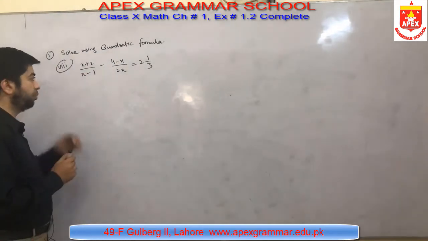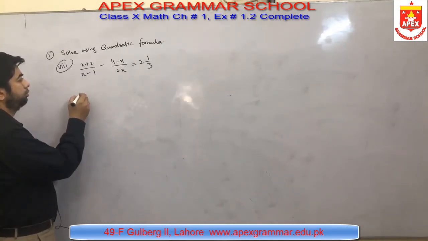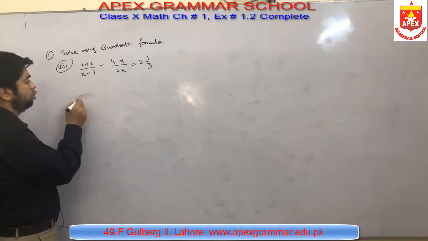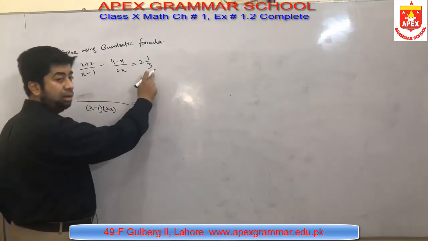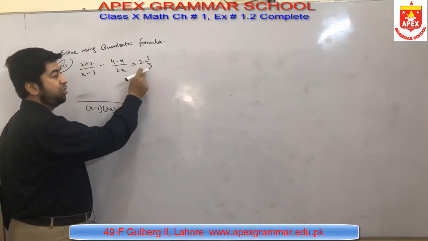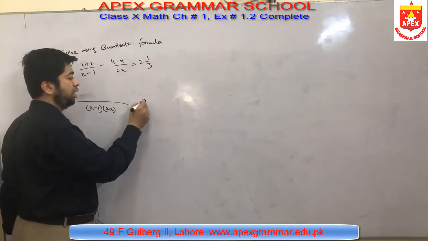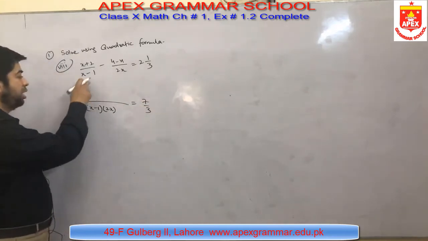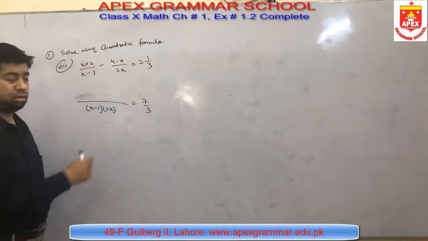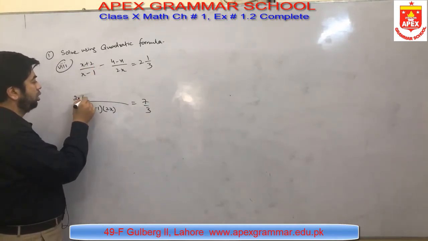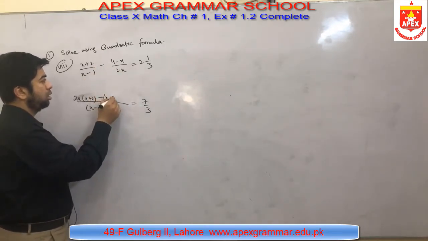For that purpose, you can take the LCM, x minus 1 into 2x is equal to, and this thing you very well know: quotient, remainder over divisor. 3 2s are 6, 6 plus 1 is 7, divided by 3. x minus 1 is cancelled with this x minus 1, and 2x is going to multiply with this x plus 2, or you can just cross multiply it. 2x into x plus 2. After that this is minus sign. So x minus 1 is going to multiply with this 4 minus x.